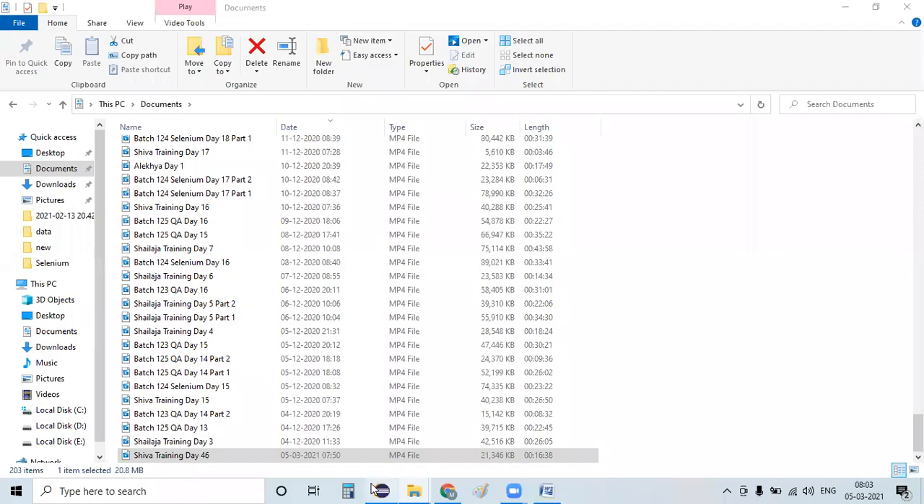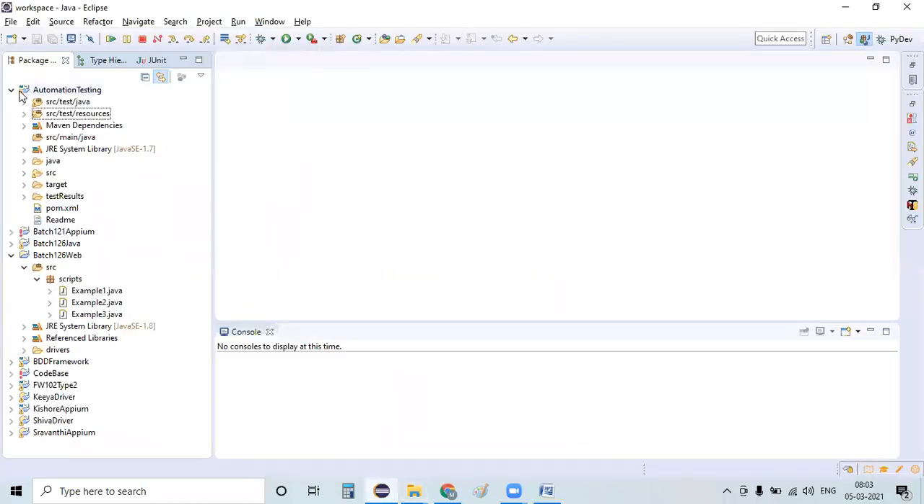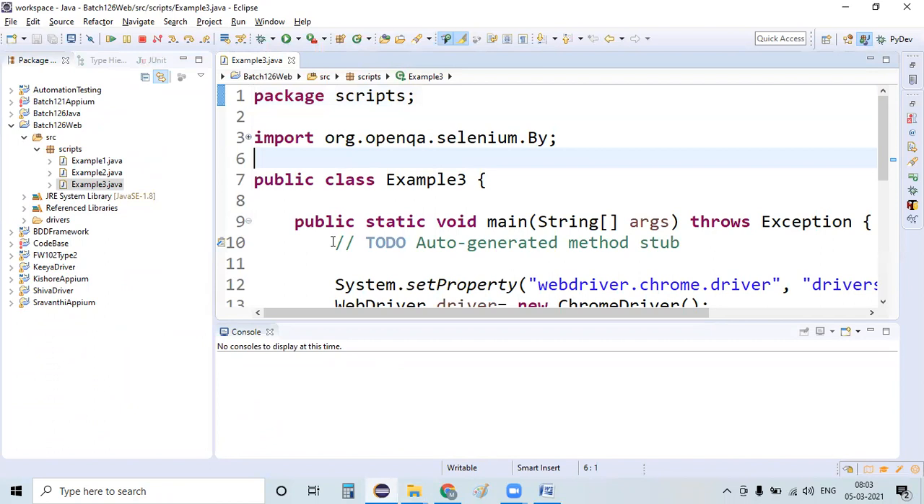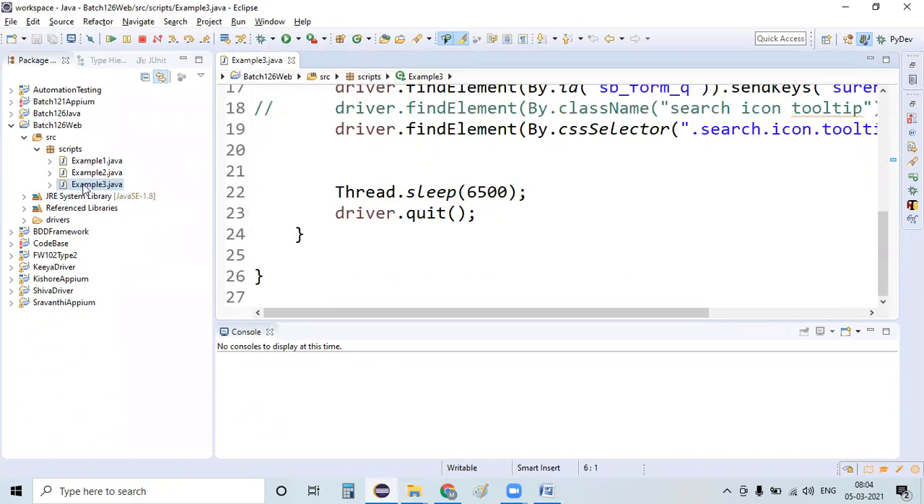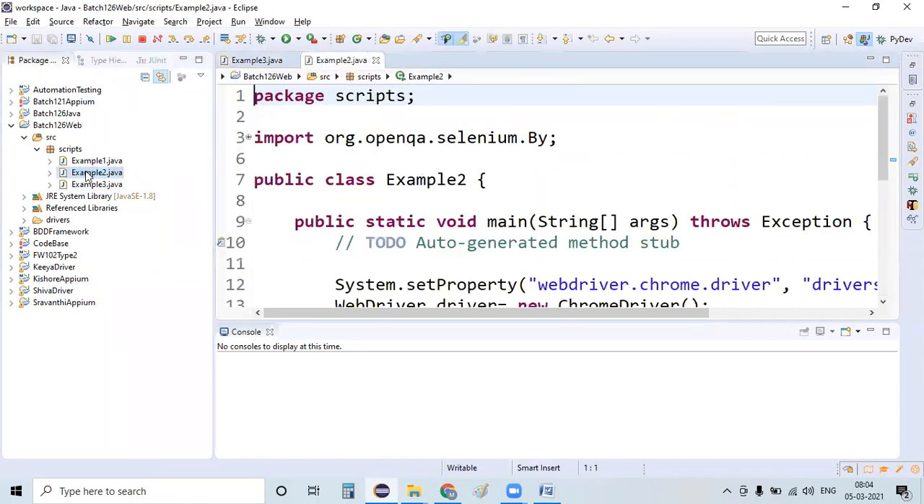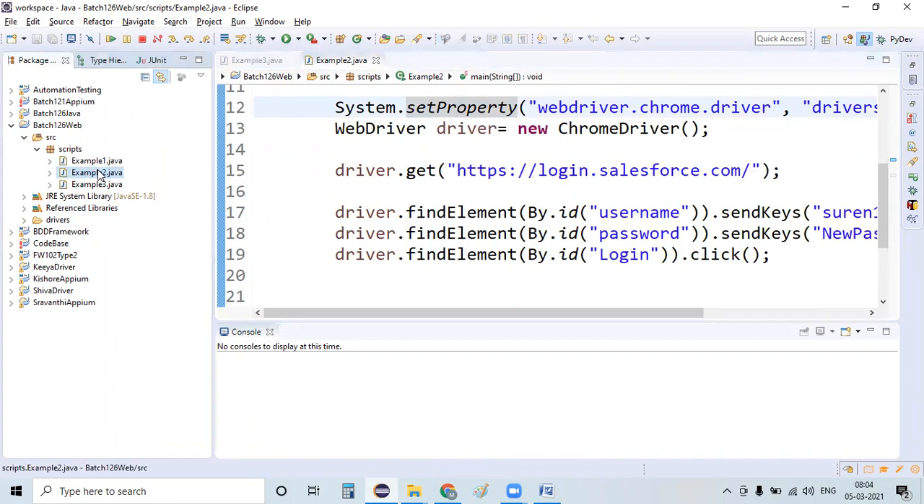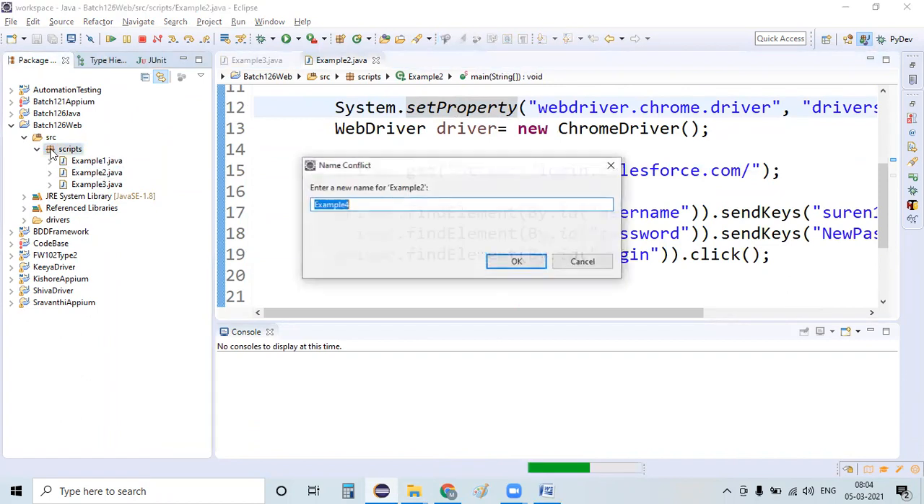So yesterday we started with a basic program and even we have given some scenarios for your practice. I hope you people have done with those practice. I just want to create a small example on that Salesforce login script. Where is this? Yeah, there is the script. Copy it, paste it here,